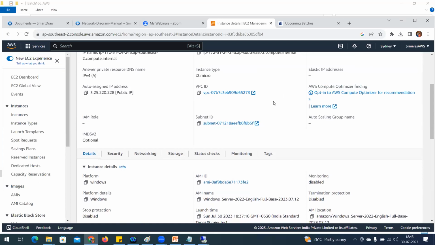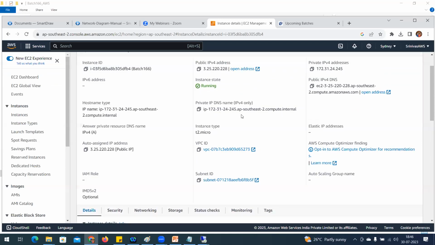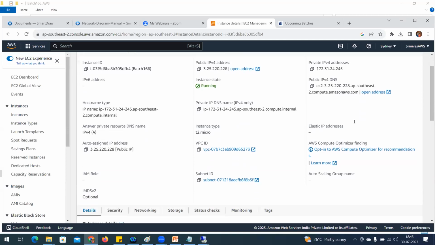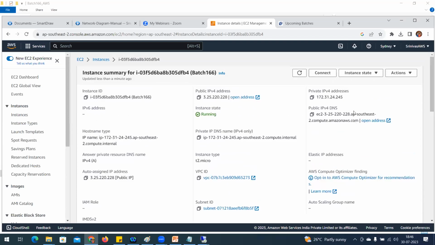We are going to see that in this particular instance page itself. First, what we collected: the IP address is copied, and then the public DNS address information is copied. Then we are going to get the information to get that password generated. So how are we going to get it? We need to connect. To connect, click on... What information have we collected till now? This information and this public DNS information. These two things I copied to the notepad, right? Now I'm going to click on connect here.